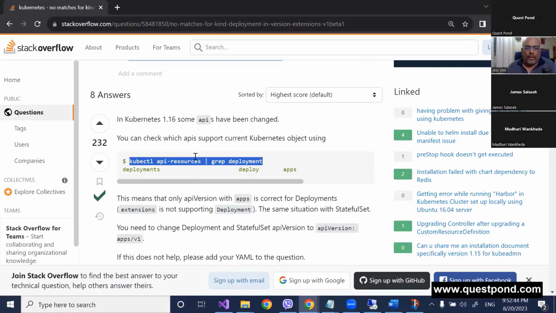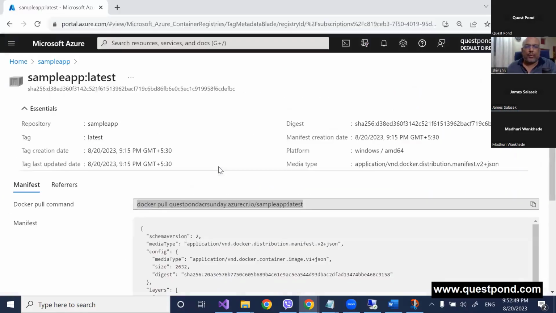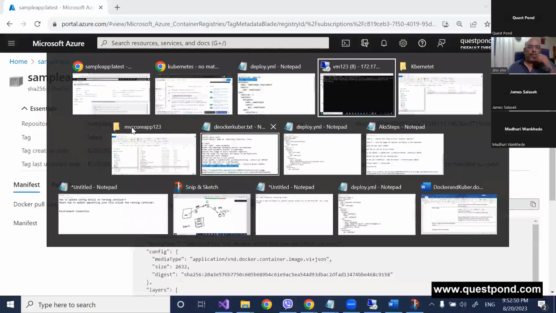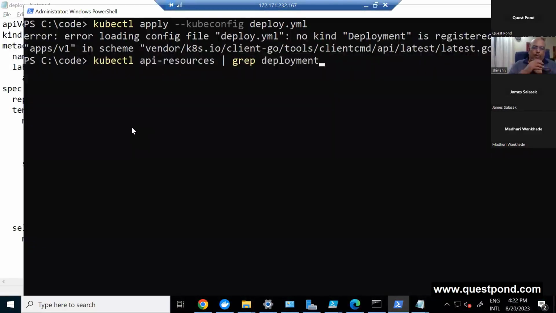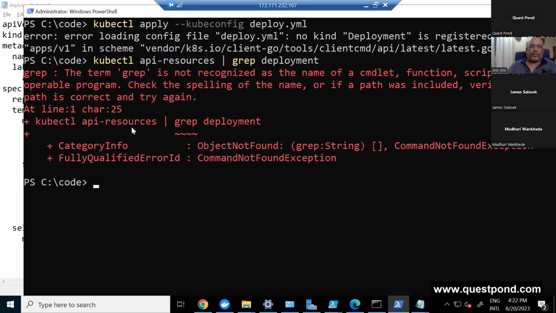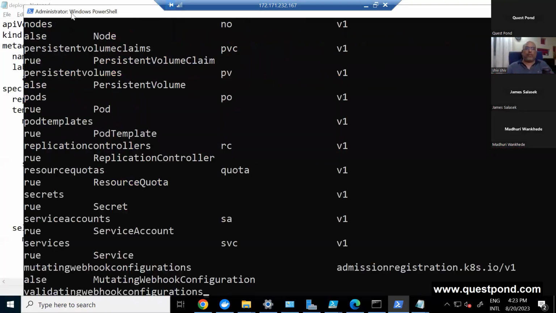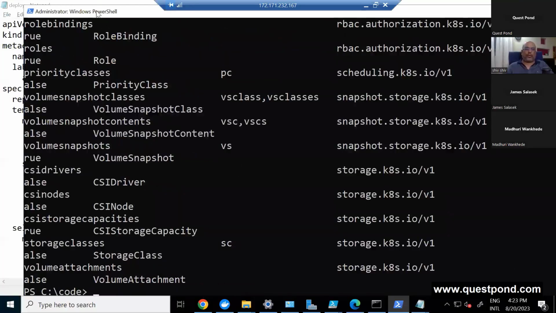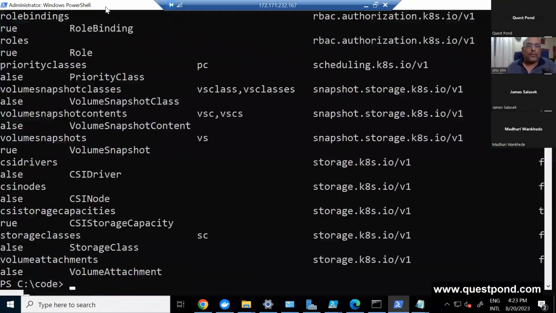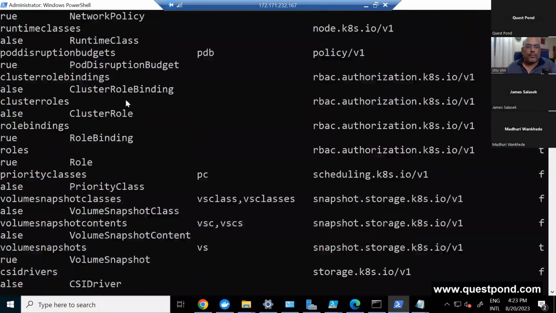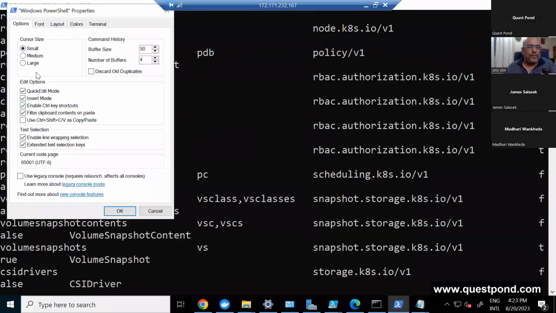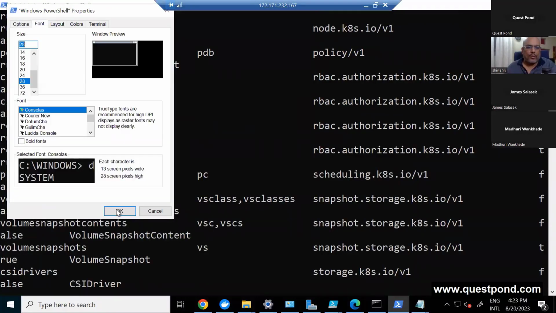So what he's saying out here is that the APIs have changed. But can I do this? Can I just tell him to go and try to see what is in the deployment? Okay, can I just say API resources? Too many things out there. Somewhere my syntax is off. So what I'm trying to do is,